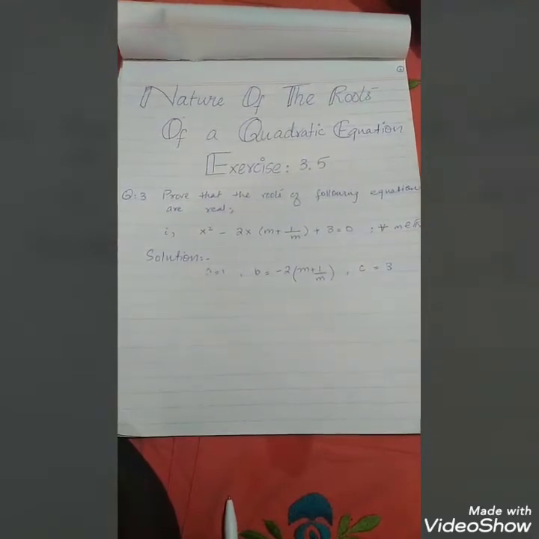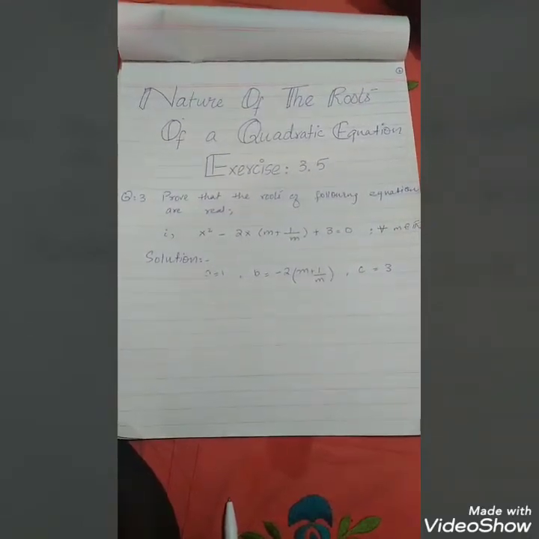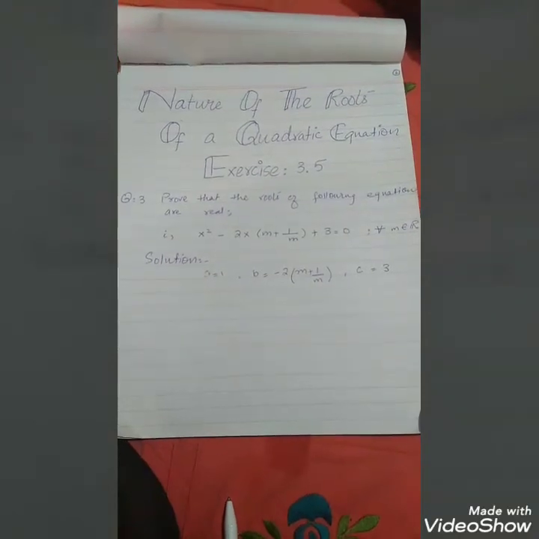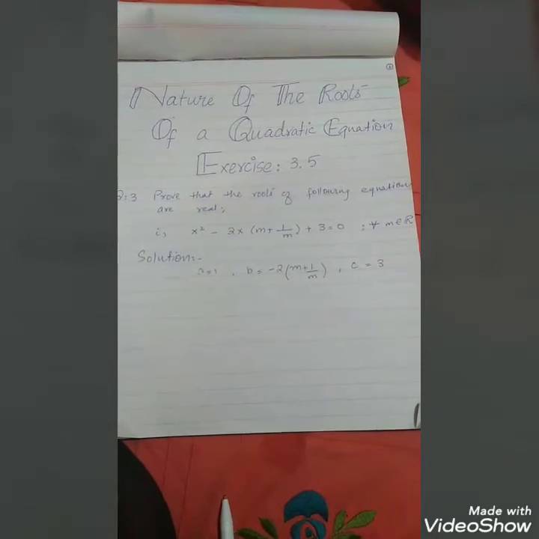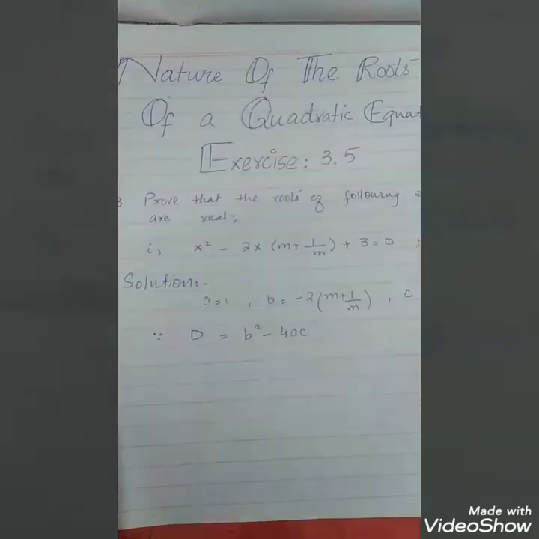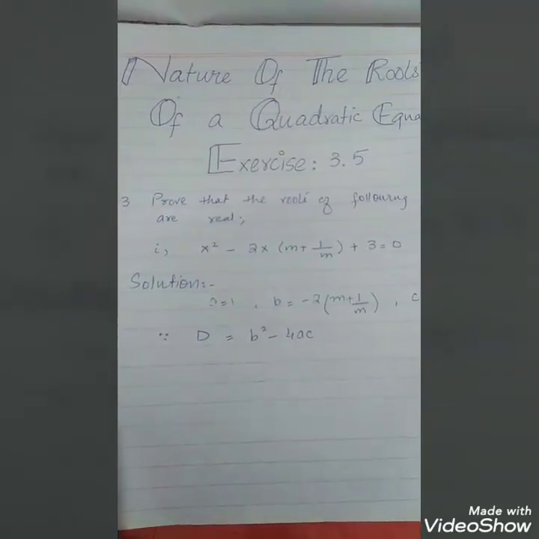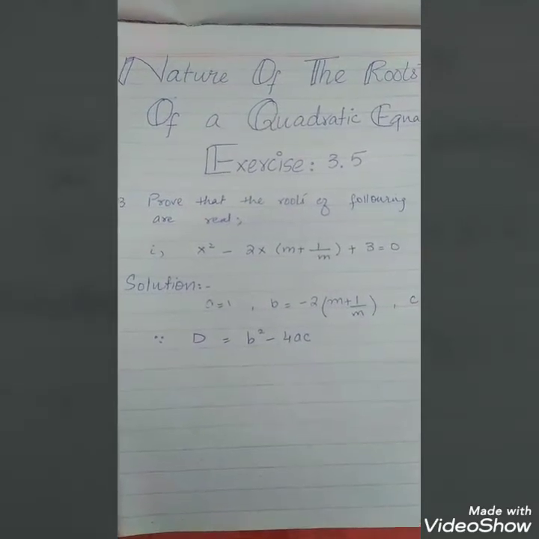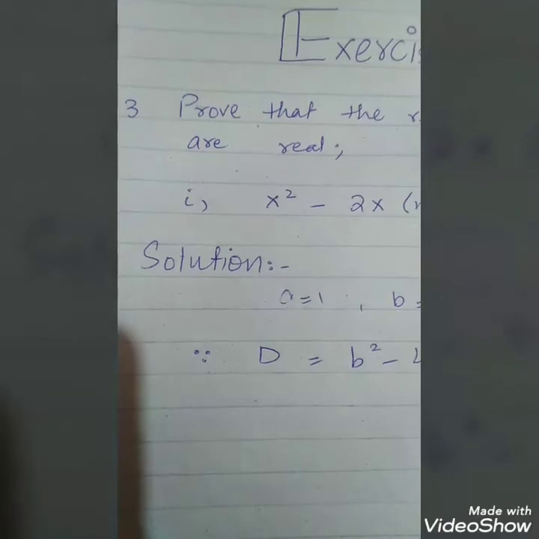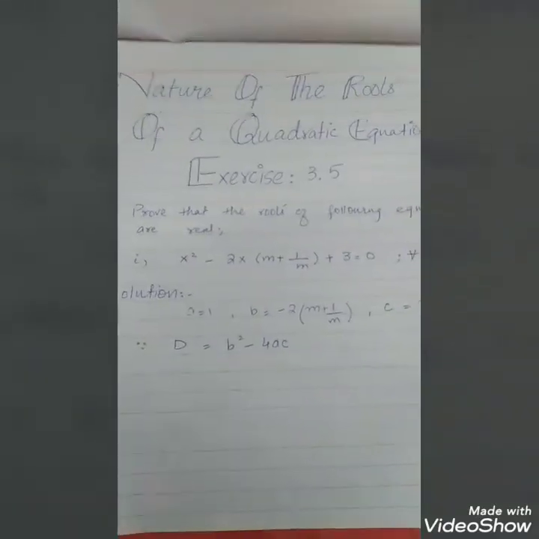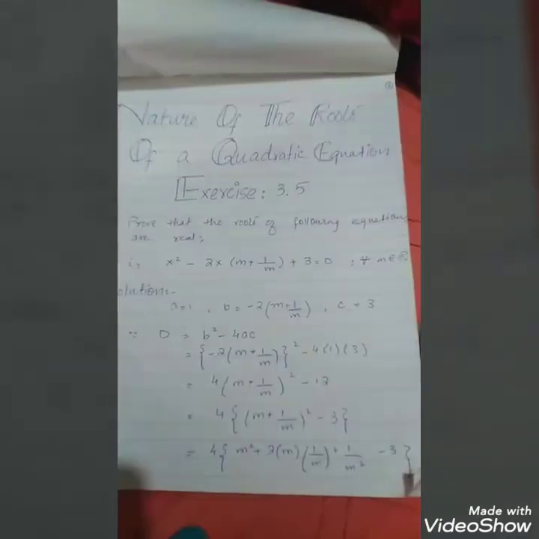In this question also we will follow the same rule and find out the value of the discriminant with the formula d is equal to b square minus 4ac. Now as we know that d is equal to b square minus 4ac, the three dots written before the formula mean that we know that.